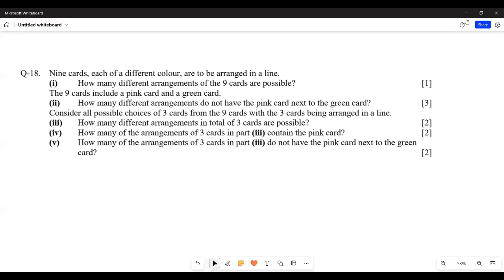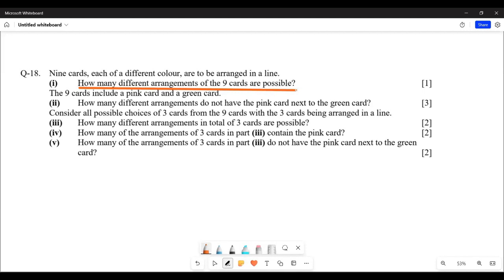Continuation of the topic permutation and combination. This is question 18 of the worksheet, which says 9 cards, each of a different color, are to be arranged in a line. How many different arrangements of the 9 cards are possible? So there are 9 different cards, and 9 slots are available. So the answer should be either 9P9 or 9 factorial, or you use the basic counting principle that in the